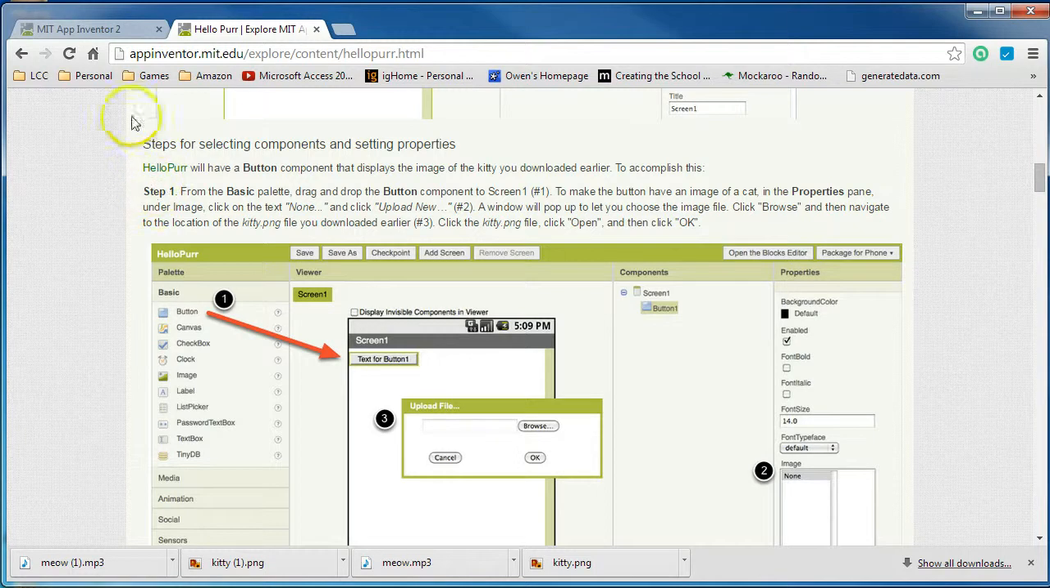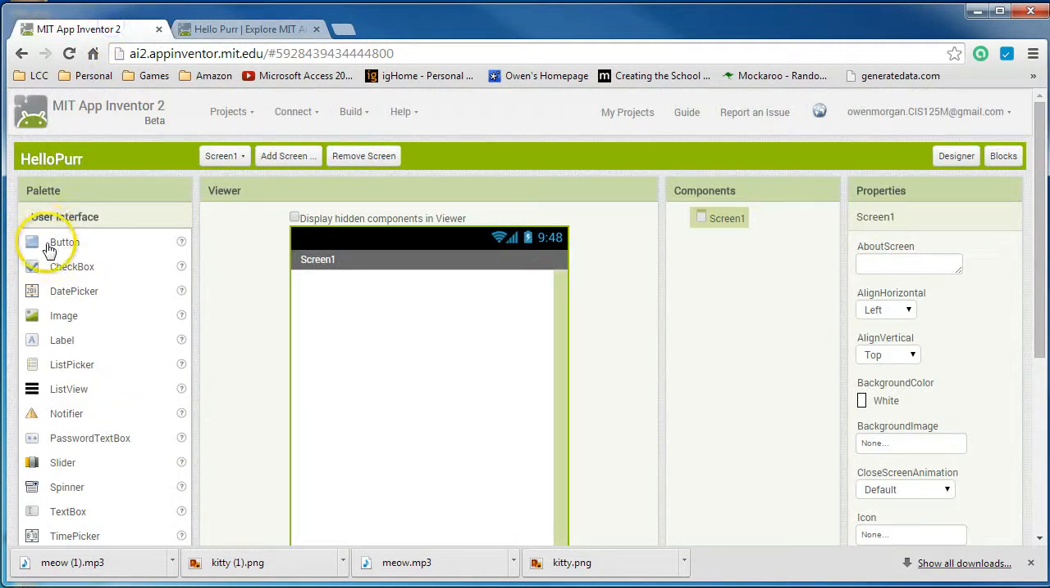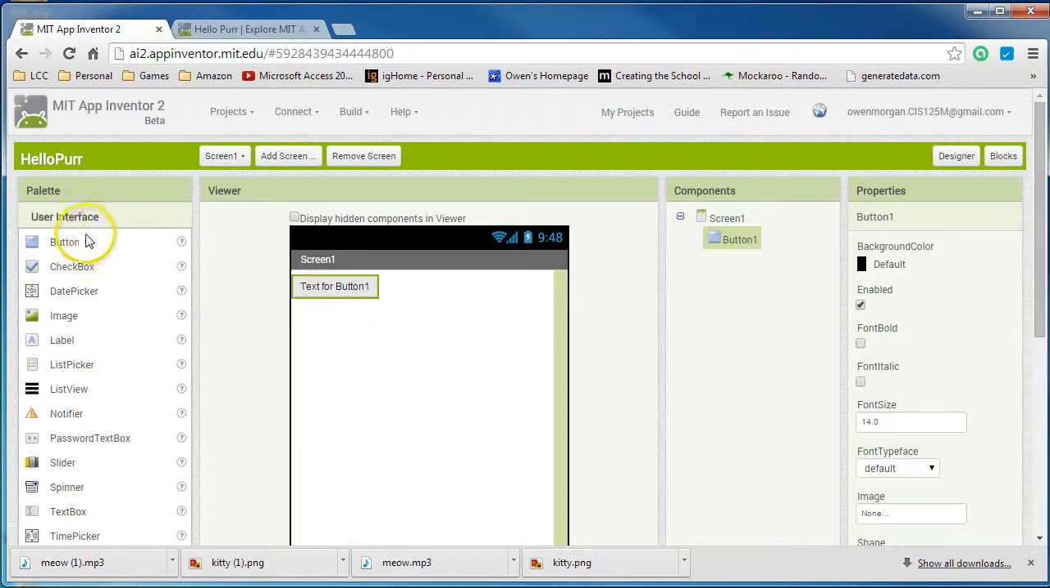So we'll go to step 1 in the tutorial, and then I'm going to move to the MIT App Inventor window, which I've already opened as a new tab in my web browser. So from this point, I'm going to grab a button from the palette side of the App Inventor window and drag and drop it onto the emulator window. Excuse me, not the emulator window, but the viewer window, which will show up in our emulator. Now you may already have this button here from our previous